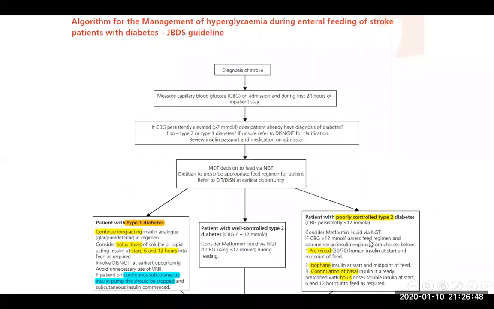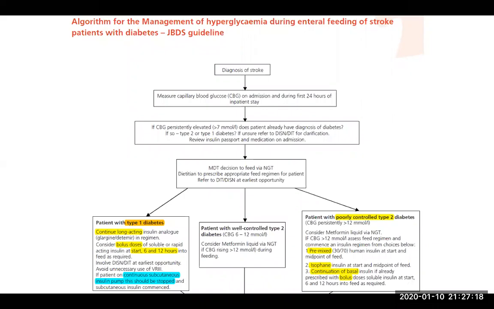Assess the feed regimen and commence the insulin regimen from a choice of 3. The first one is premixed insulin at the start and midpoint of the feed. The isophane insulin at the start and midpoint of the feed, or continuation of basal insulin if already prescribed, with a bolus dose at the start, 6 to 12 hours into the feed as required. There are 3 options. The most important one is that premixed insulin can be used at the start and midpoint of